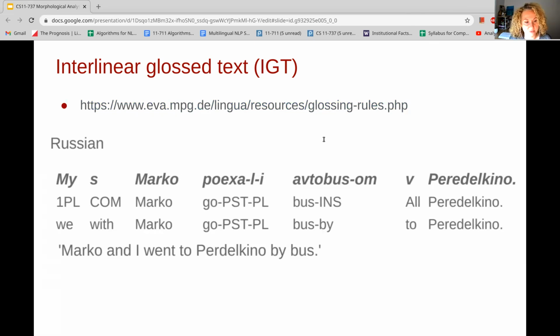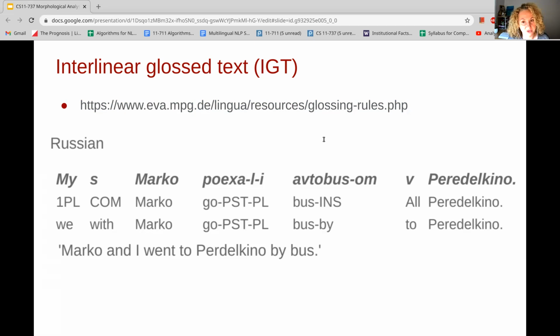This is optional, both variants are possible. These are interlinear gloss text. So the fourth token in the Russian sentence, поехали,